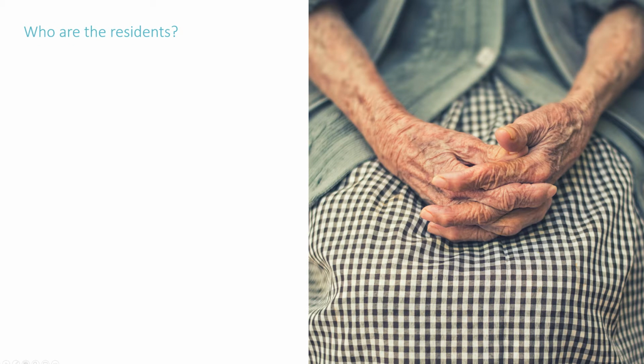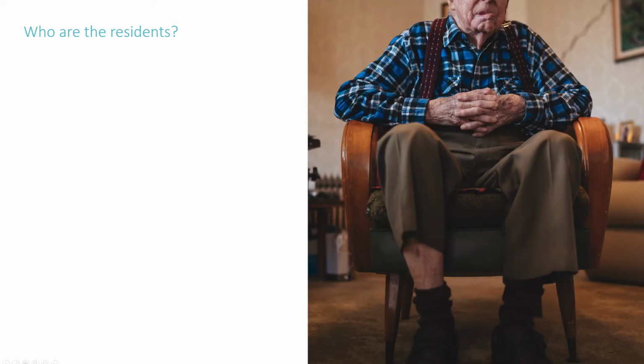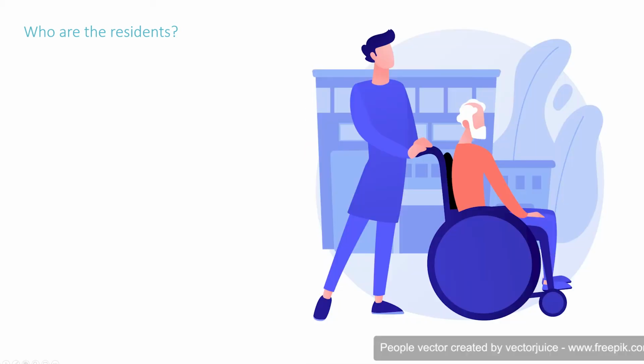Who are the residents? We've mentioned that long-term care homes are designed for adults who can no longer live safely or independently because of their complex care needs. And in assisted living, there are residents who need additional support to maintain their independence. The facilities are for individuals over the age of 19, and there are three types of employers within long-term care and assisted living settings. There are those employers that are Fraser Health owned and operated facilities. There are those that are affiliated or have a not-for-profit relationship with Fraser Health, and there are those that are